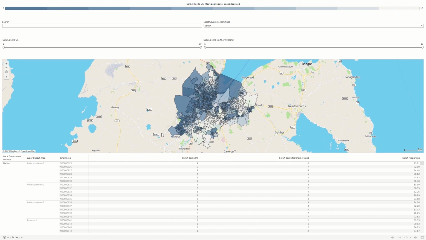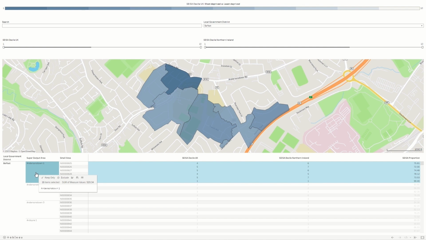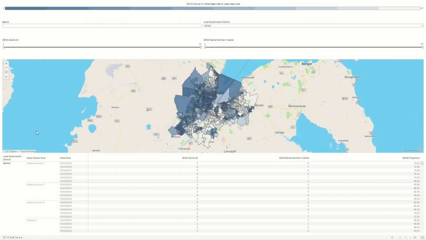If you have used the table of data underneath the maps to filter or restrict the maps, please click on the geography for a second time to remove the filter or restriction. For example, if you select a super output area to filter or restrict the maps, please select that same super output area for a second time to remove the filter. Once again, please click the Zoom Home button after to ensure the maps are properly reset.